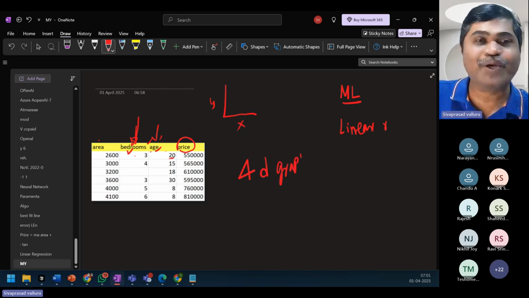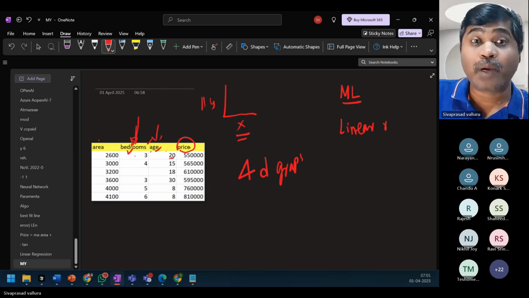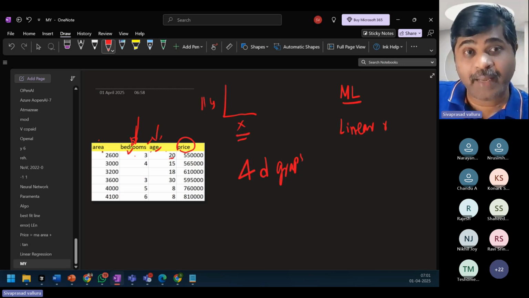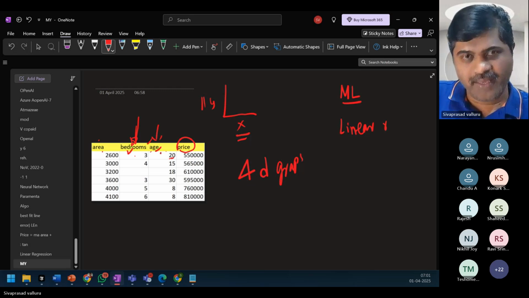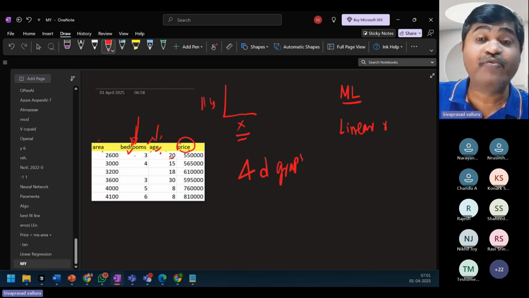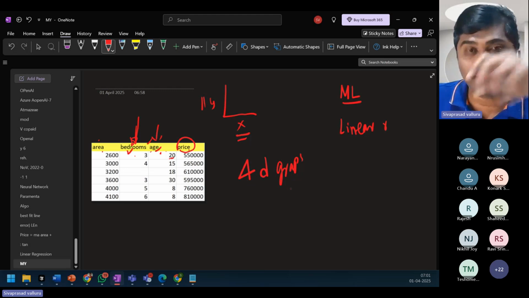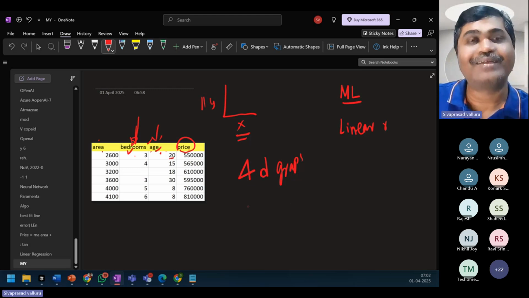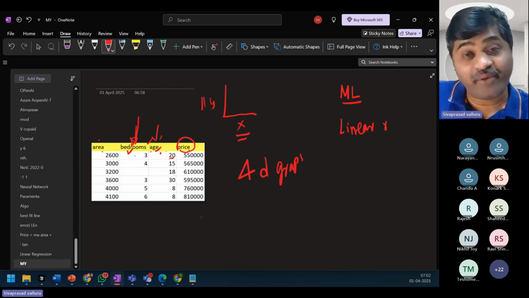It was very simple to visualize, area on the X axis and price on the Y axis. But now there are four parameters: area, number of bedrooms, age, and price. So maybe I need to draw a 4D graph, and in it I need to find the line equation.